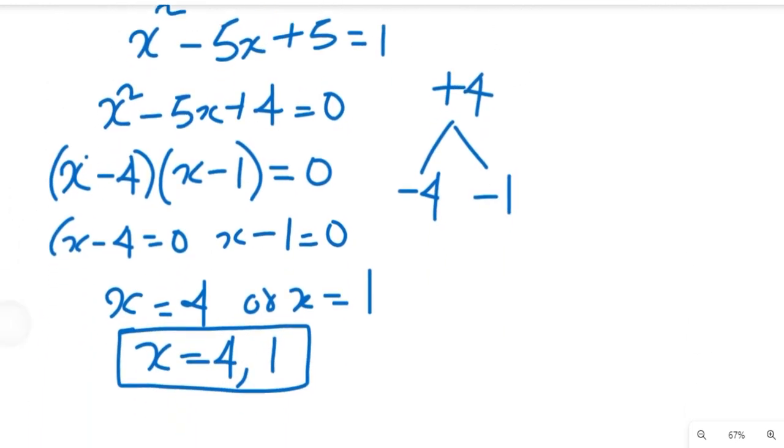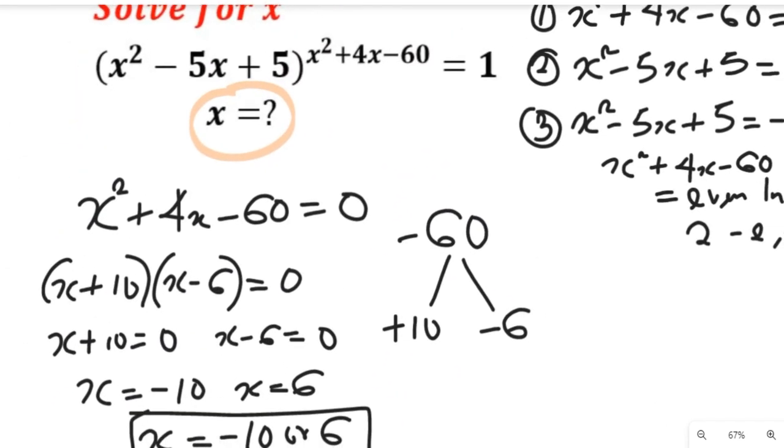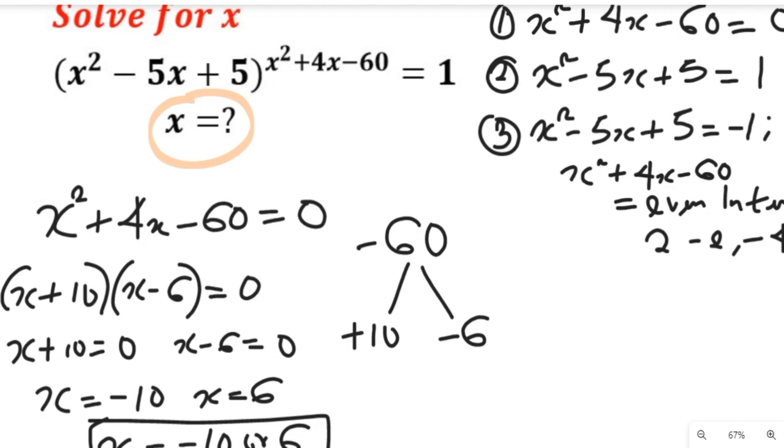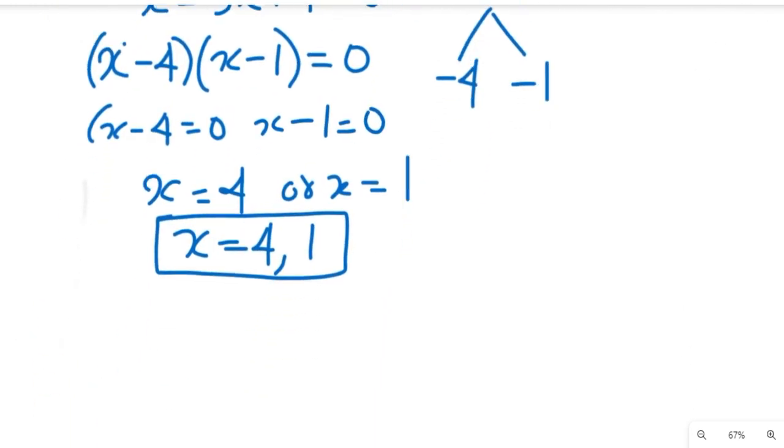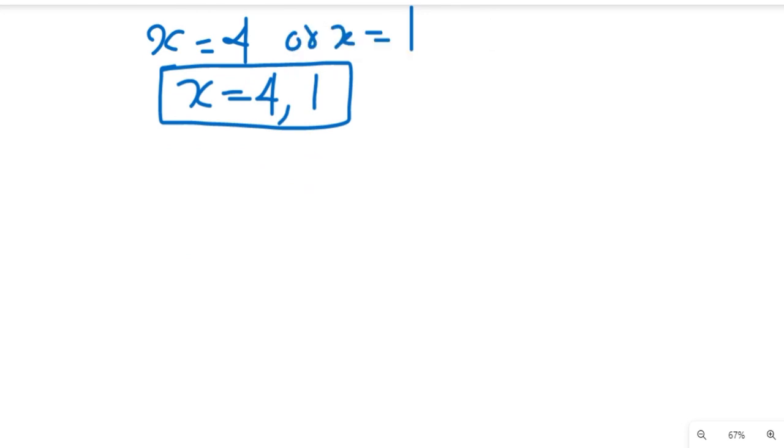Now let's look at the third and final condition. The third and final condition says we should have our x squared minus 5x plus 5 to be equal to minus 1 if and only if the exponent is equal to even integers. Now let's simplify this. From the third expression, we'll have